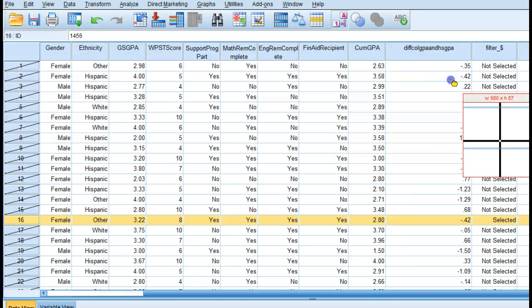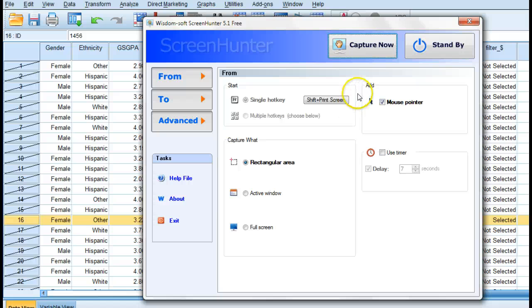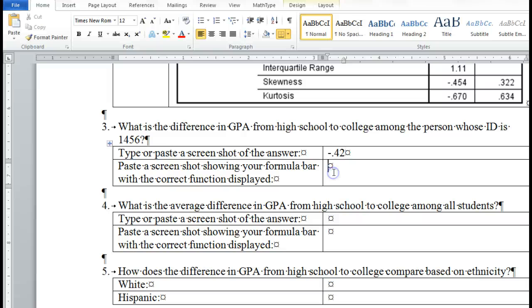And I'm just going to take a little bit of this, even though it doesn't show me my selected ID number, but it copied that part of it, and then I can paste that in here